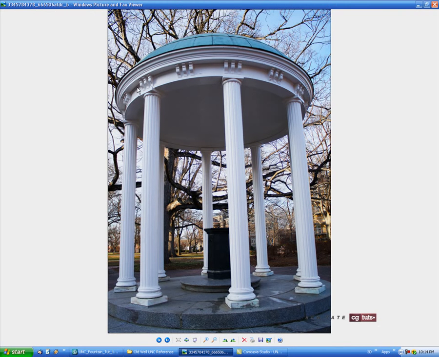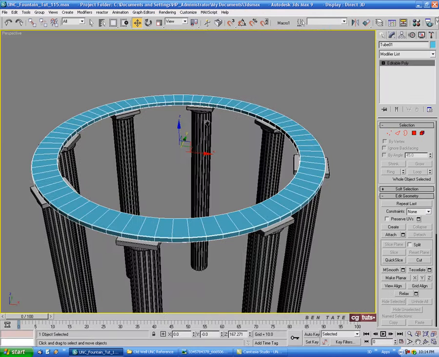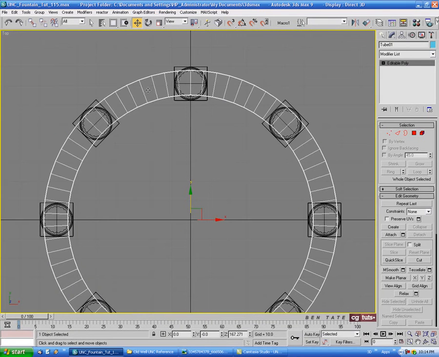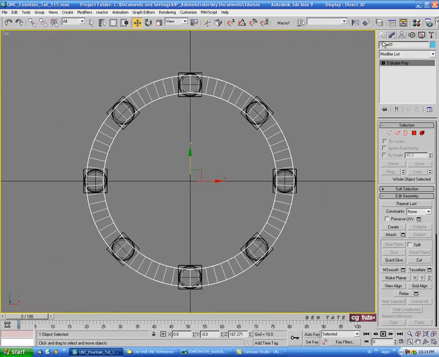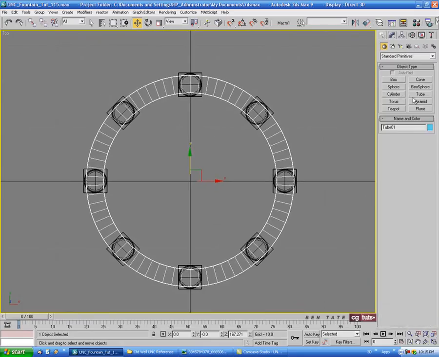And we have this piece here that goes around, and it's actually a little bit smaller than the bottom ring here. You can see it's kind of tucked in, as well as on the inside. Alright, so we'll make that out of a separate tube. We could extrude it out of the top, but just to make things easier, I think we'll just make it out of a separate object here. Alright, so let's grab another tube,